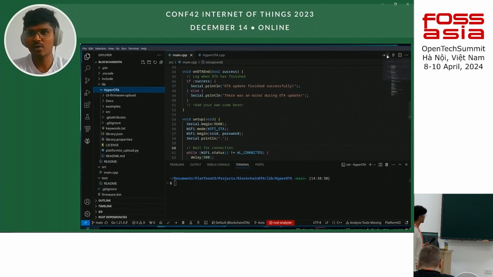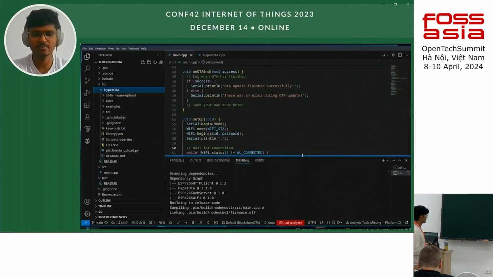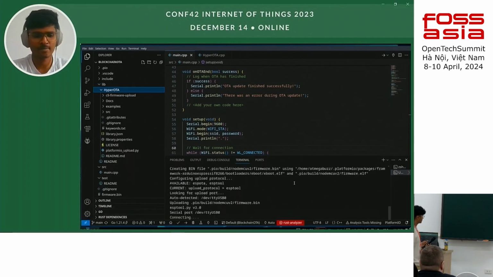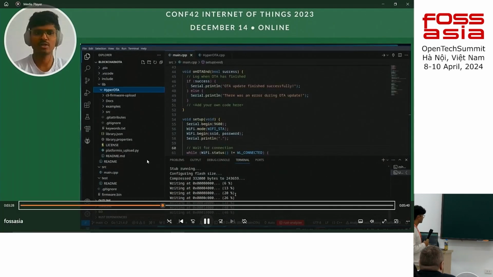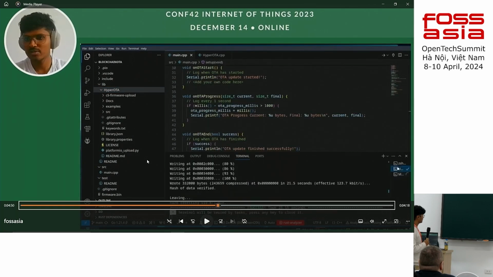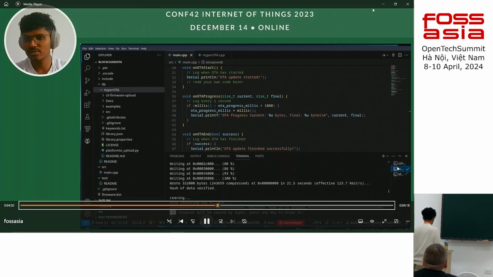Okay, now I'll upload the initial code to my ESP32. So here I initialized my IoT device with the new firmware, and after this I'll push the firmware from the blockchain. You can see after this. Okay, so it will